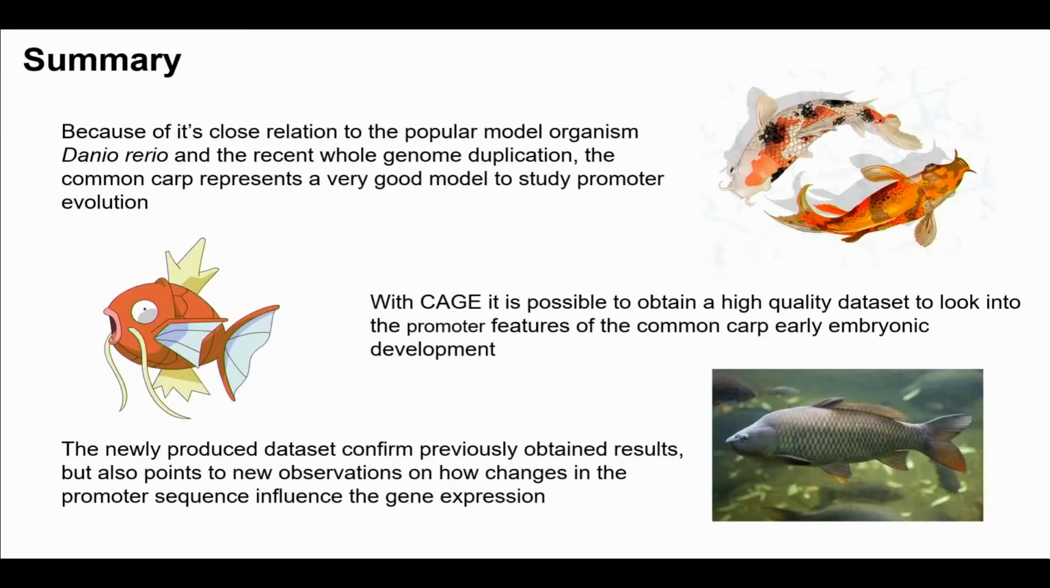So with that, I would stop for now. We have some summaries: carp indeed represents a good system to look at promoter evolution and expression initiation. CAGE is an adequate method to do that, and this data set actually presents an opportunity to tap into